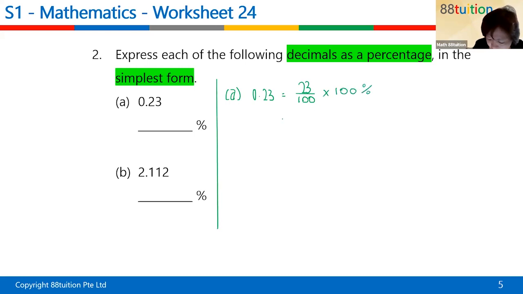Change to simplest form. So this one is changing the value into a whole number. If it's a fraction, then you must change it to simplest form, okay? All right. B,